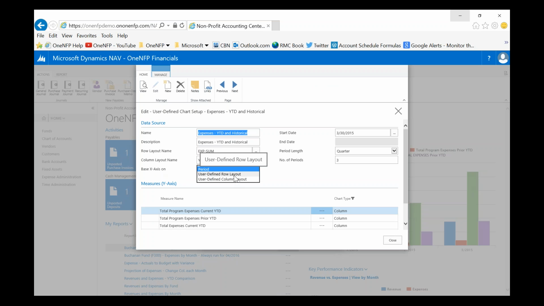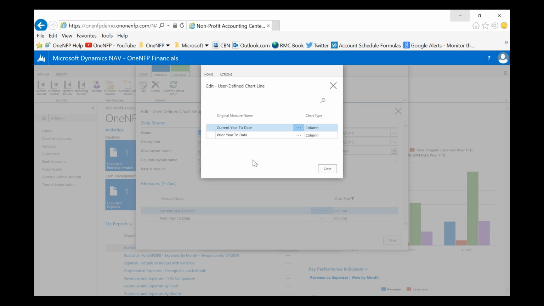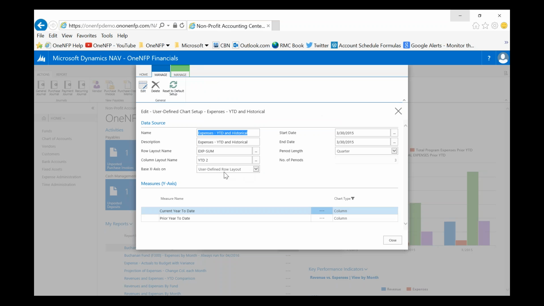There are challenges, though, with how the dates are used, so I want you to be just cognizant of that. So I've changed this to row layout. It's now changed what my measures are. So let's go in and take a look at that again for a second to see what our options are. It's just going to do current and year-to-date, and the x-axis is going to be based on our row layout. So let's change our start date back, and